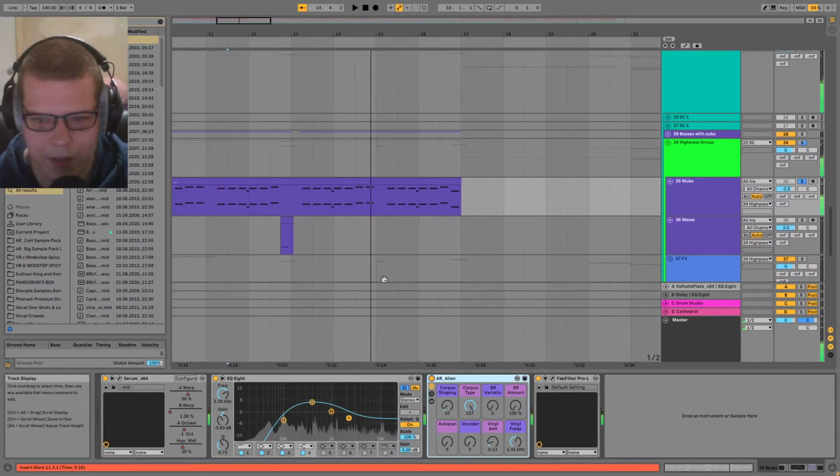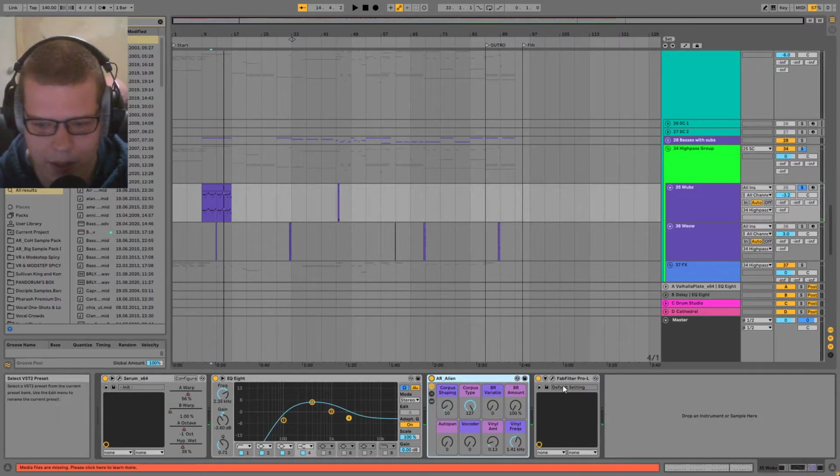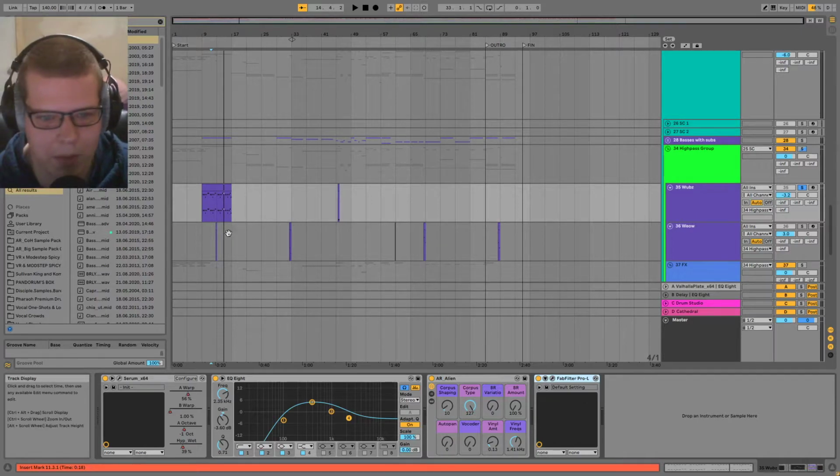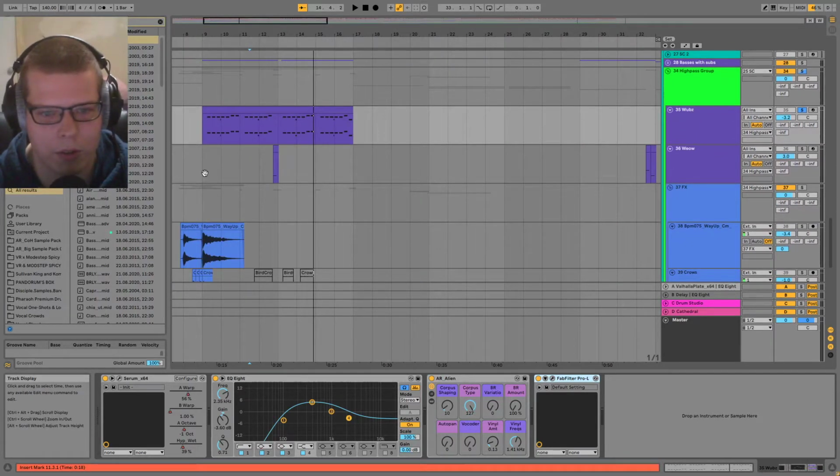Yeah, that's definitely helping to make the sound as well. And then I've just got a limiter on it because I guess this was made before I found out about how good clipping is.